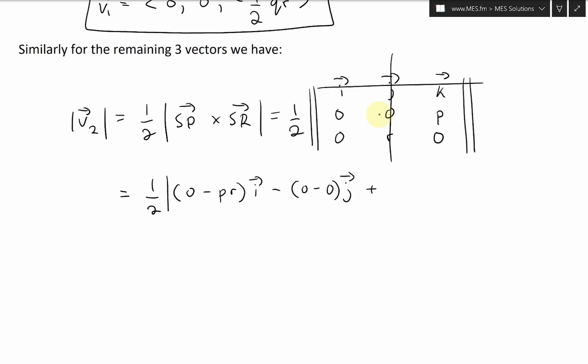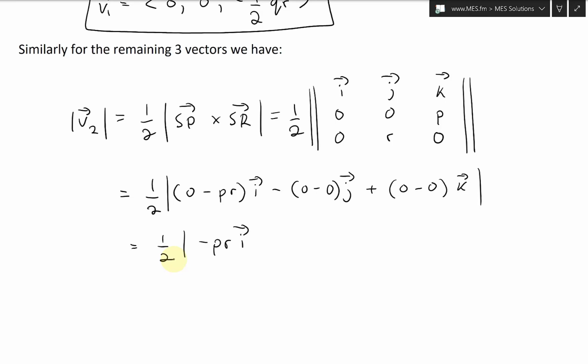And then next one's going to be, well, erase this. It's going to be this one right here. So that's going to be, well, again, another 0 times r, 0 minus 0 times 0, 0, okay, like that. And then put the length sign like that. All right, so that's what we have. And everything vanishes except the first term. So we're left with 1/2, and then 1/2, and put the length like this, negative PR,